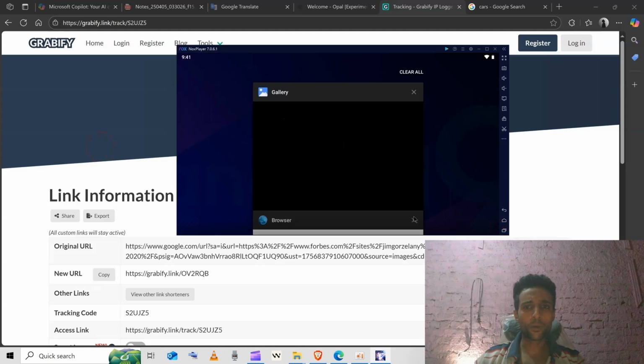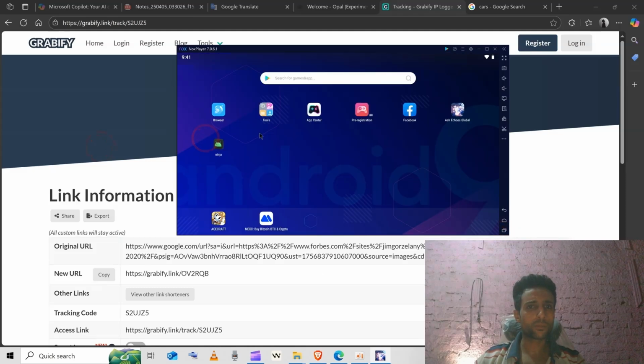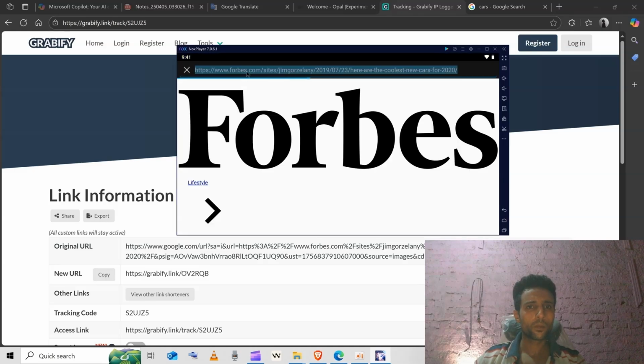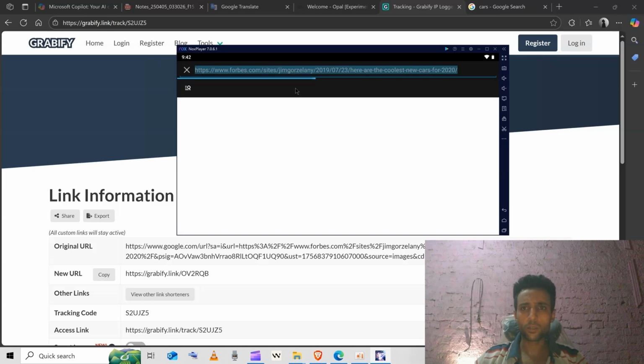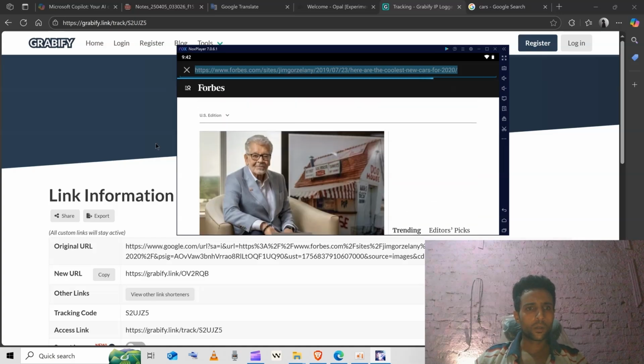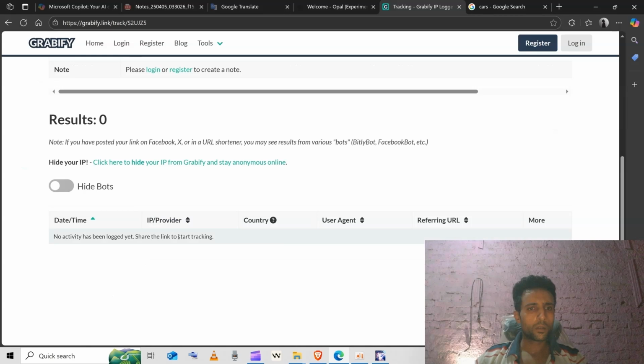Now we will open a browser from the target's phone. We will paste the URL here. Now it's loading. No activity has been logged yet, but when we just reload the page,